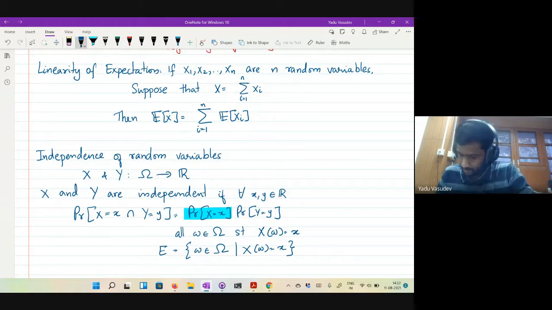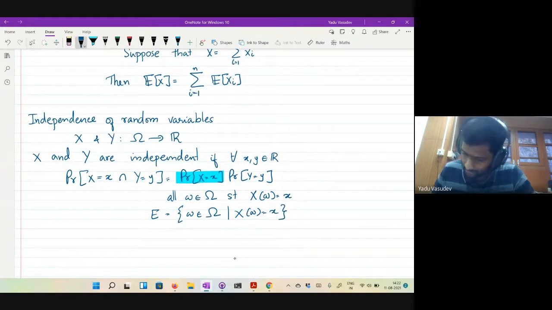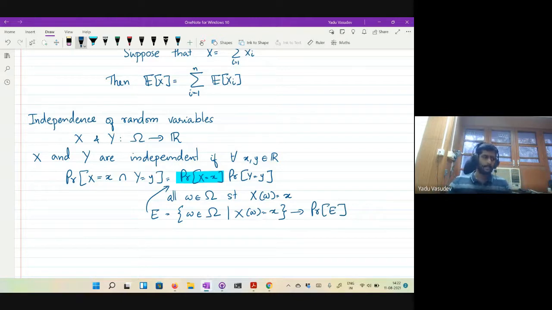And the probability that X is equal to x is the probability of this event E. So what is the probability that this random variable takes a value x? Look at all the outcomes for which this random variable takes the value small x, and you look at the probability of that event.